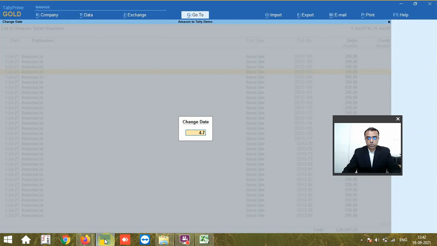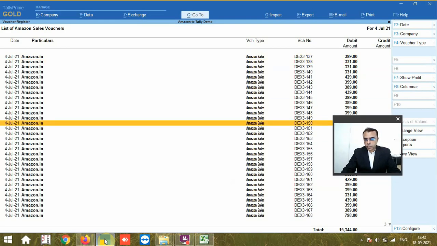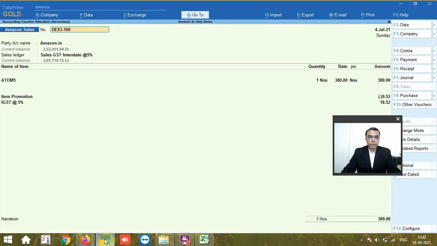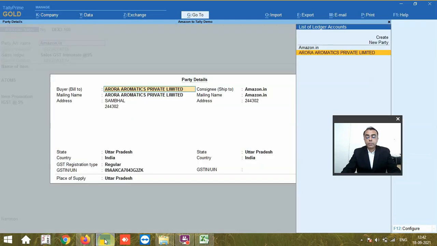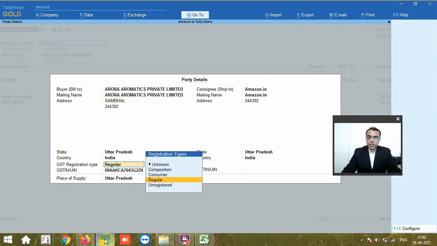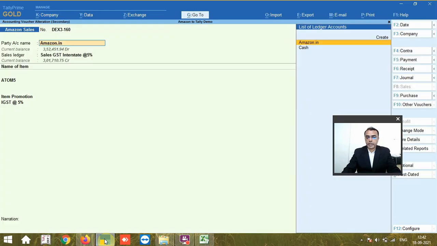Date is 4 July and the voucher number is 160. Here it is. So in this voucher, you can see the buyer name is captured as per the Excel file or the MTR file, that is the end customer Aurora Aromatics Private Limited, with transaction type regular and the GST number of the party available in the file. So this will definitely go to the GSTR1 B2B section.